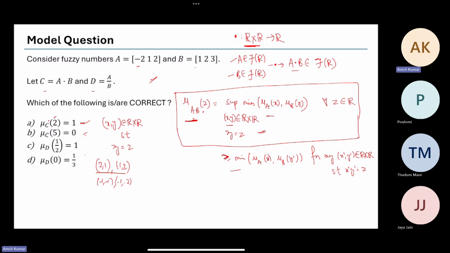So in particular, this is going to be greater than or equal to the minimum of mu A of X dash and mu B of Y dash. So this fact we will use here. So we know that, this is one such pair, X dash, Y dash such that X dash times Y dash is 2. So therefore, we can say,